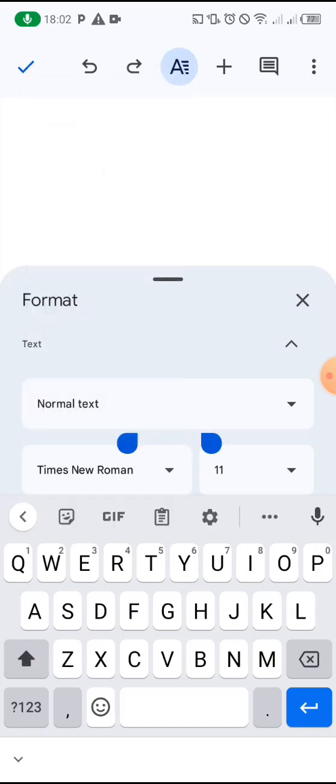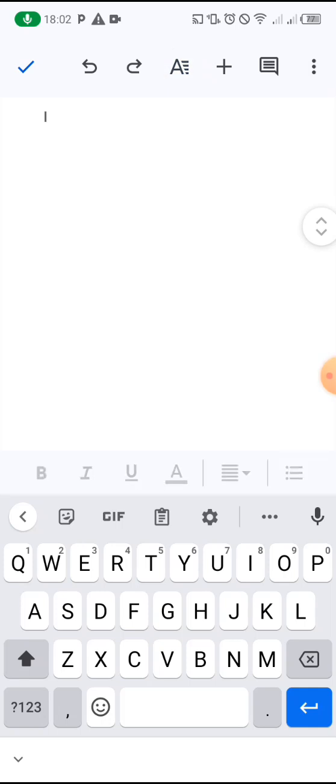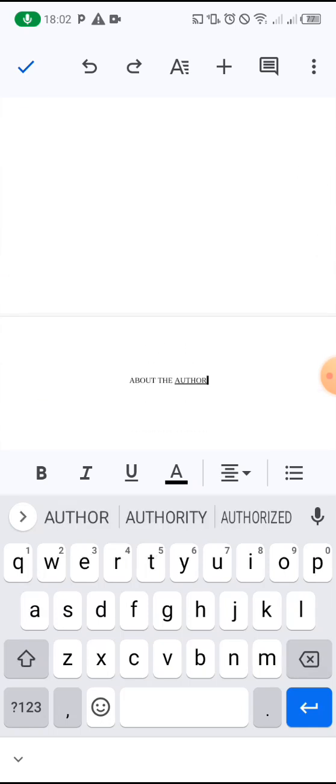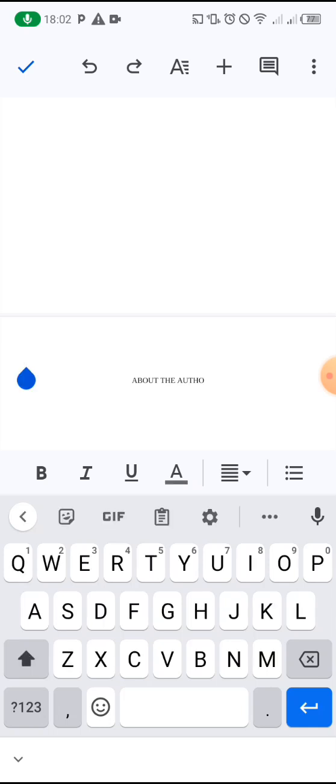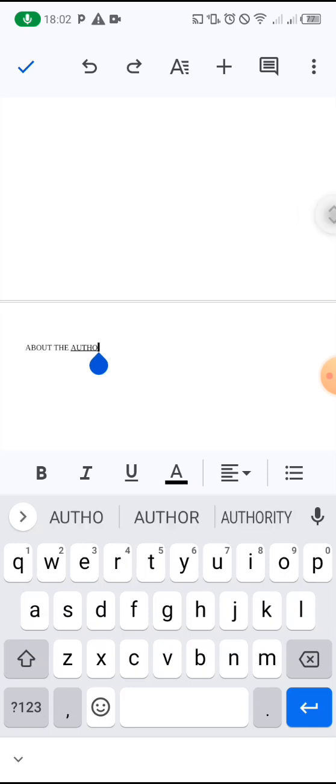Then put the font to be on 14. Where is my about the author? Okay, I think I went to a different page. Let me go back. Good. It's supposed to follow it. About the author,